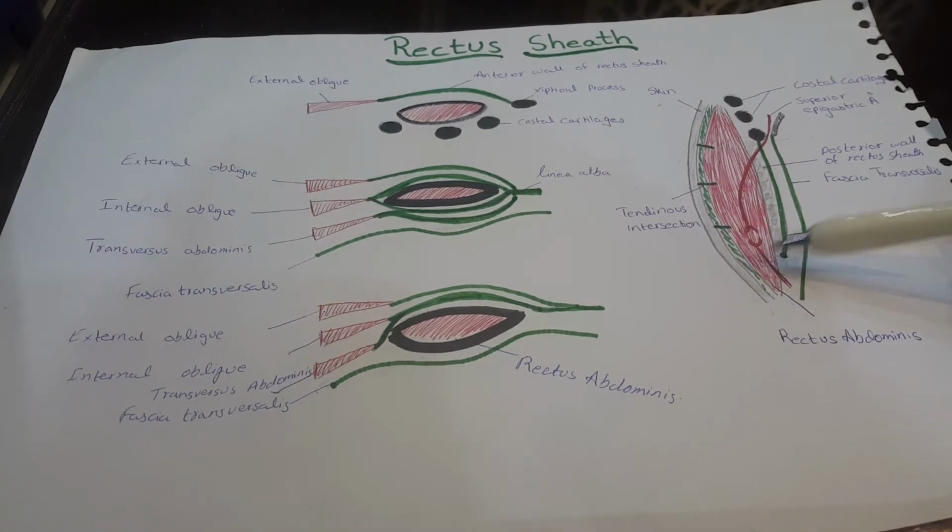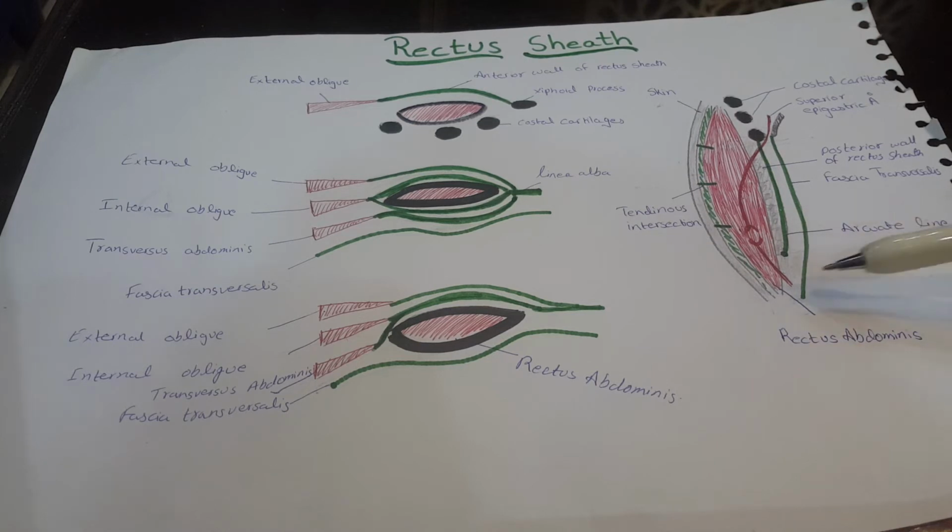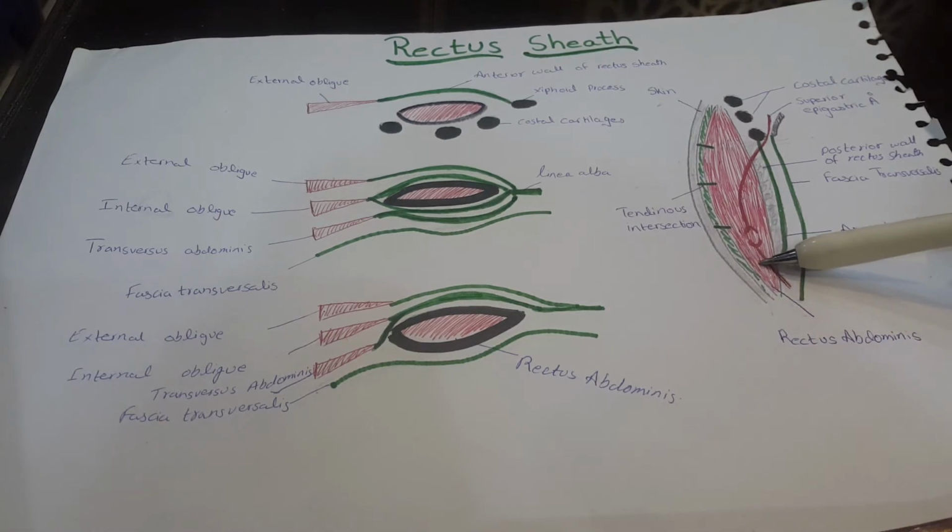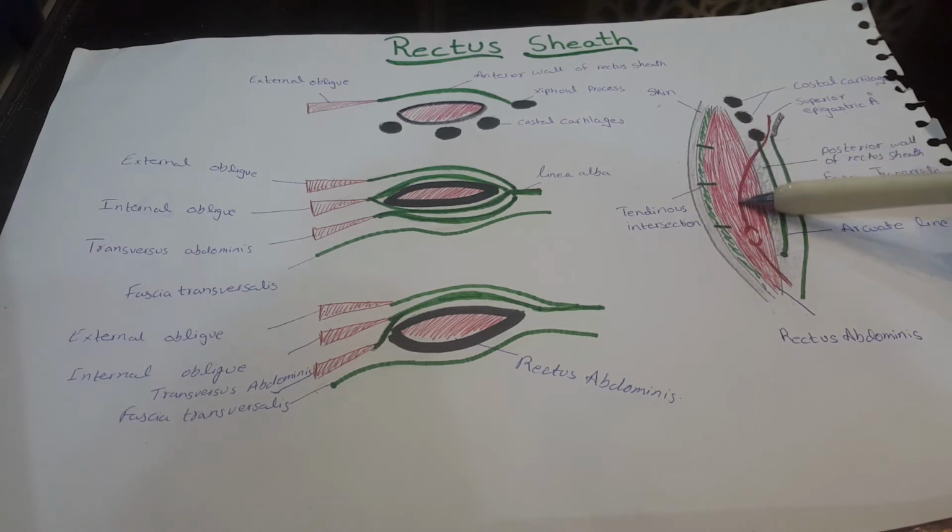Inferior epigastric artery enters the sheath by passing in front of the arcuate line. Okay, over here arcuate line is present, so it passes in front of the arcuate line, enters the sheath and anastomoses with the superior epigastric artery. So there are two arteries that enter the rectus sheath: superior epigastric artery and inferior